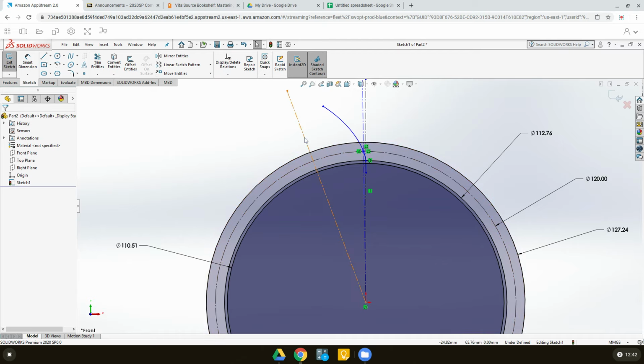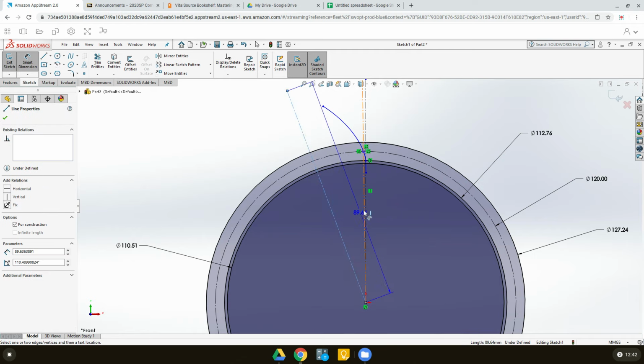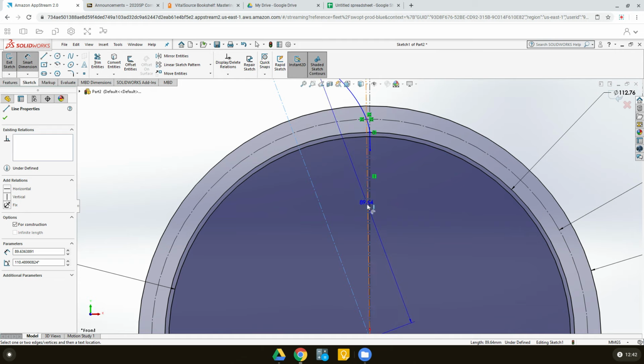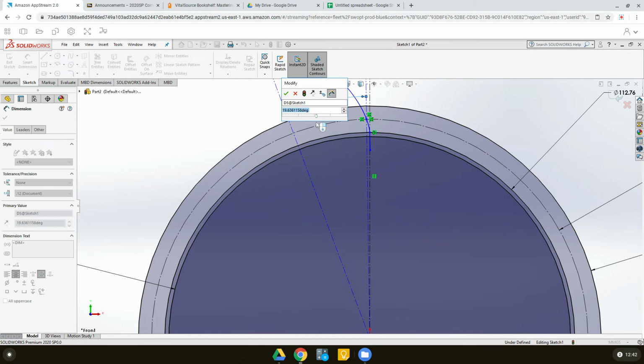The tooth angle, half of it, 4.5 degrees, would be on this side, and 4.5 degrees would be on the other hand side, right? So I'm going to smart dimension and select this center line, and this other center line, not the vertical line, and that angle I want to make it 4.5 degrees. Okay,